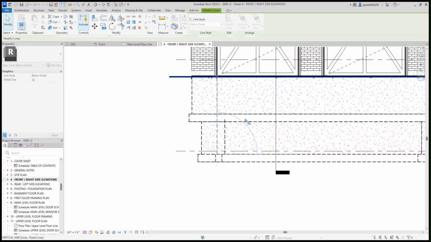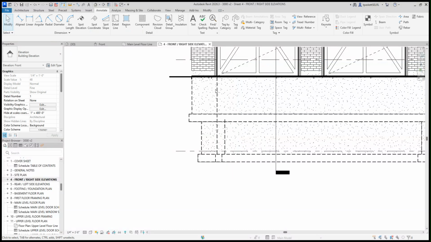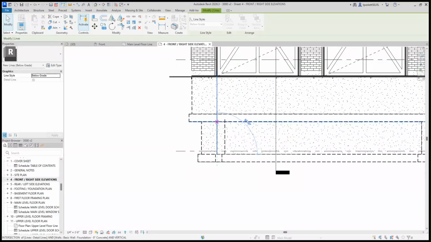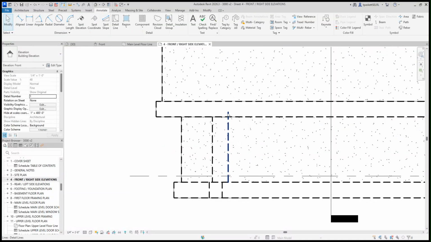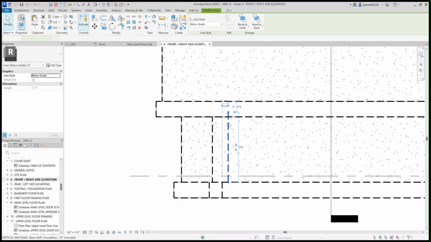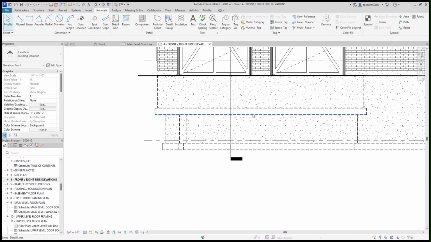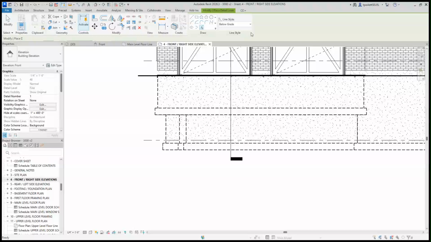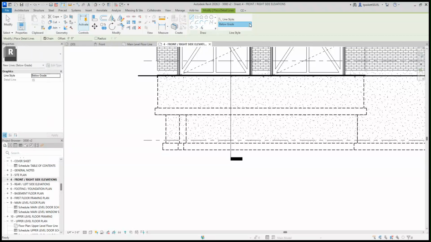So if you need to, just screenshot first if you have a hard time remembering where your lines need to be, so you can clean your drawing up. And I need to fix this one. You can do trims as well if you want to do a trim. That works just as well. All right, now I'm going to do that. Now, once you get that in, go back to your detail line. You're going to switch your line type